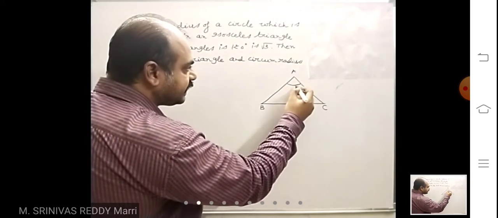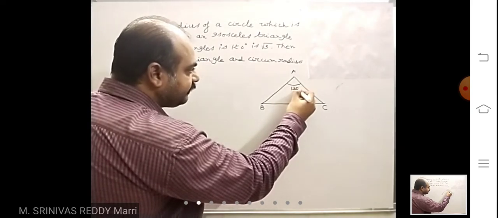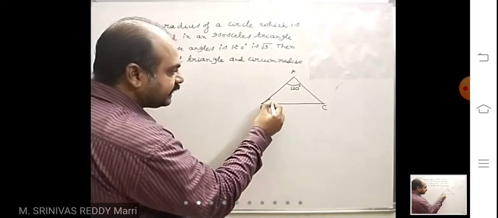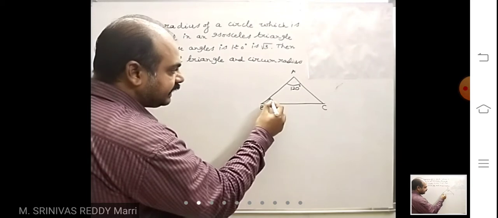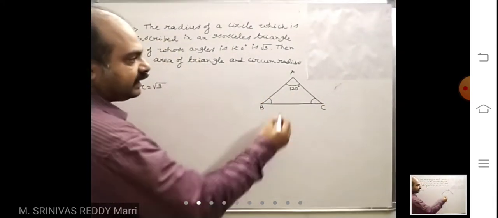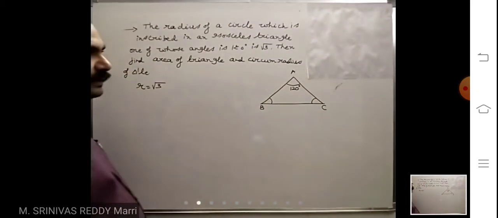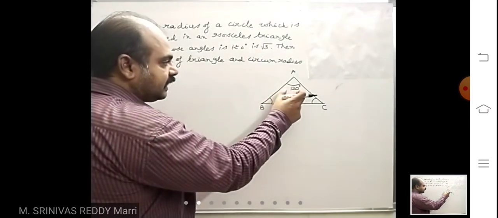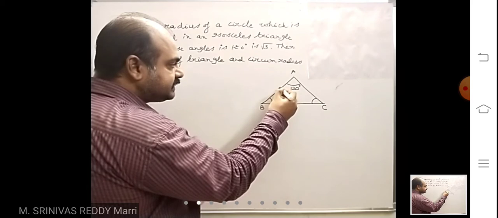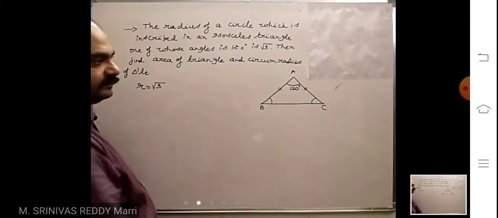In isosceles triangles, there will be two equal angles, right? One vertical angle will be there. If it is an obtuse angle, you cannot get two equal angles, right? If this is 120 degrees, both will become 240. That's why wherever the obtuse angle is given, it must be the vertical angle in the triangle. So therefore, as it is an isosceles triangle and this is the vertical angle, these two sides will be equal, right?